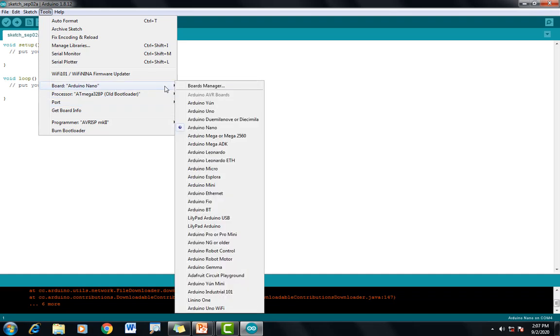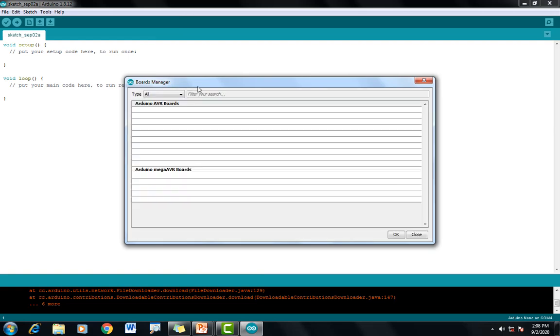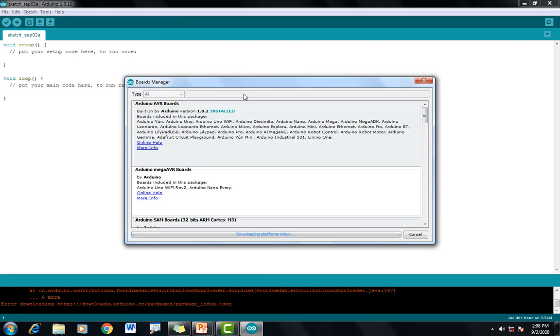For example, if this boards list doesn't have your board name, what you can do is go to Board Manager, search for the board you are working on, and install that particular board package support, the BSP.